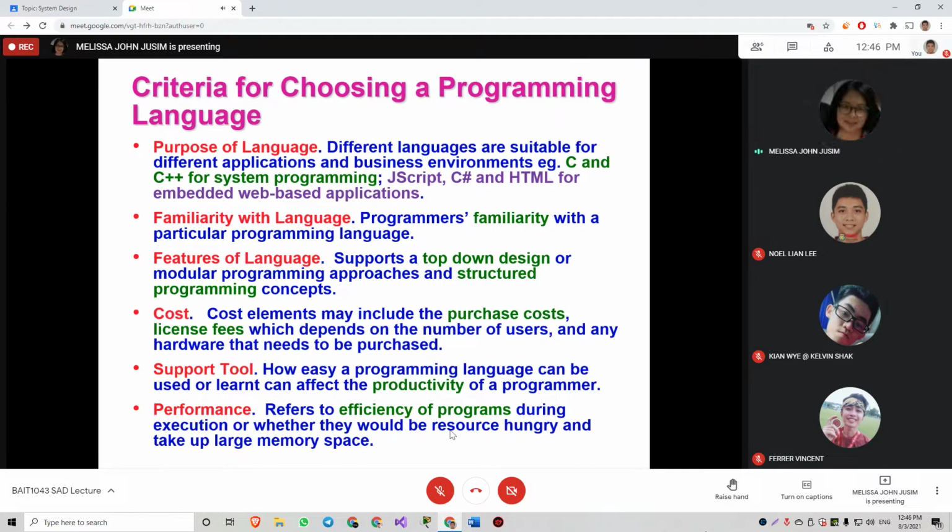He said that eventually there's a solution, but sometimes at the expense of affecting the performance of the program. So this is where the decision to choose the programming language comes in, right? Whether the program would be resource hungry and take up large memory space. If yes, then it will affect the efficiency of the program. It can be done, but it might be slower, right?